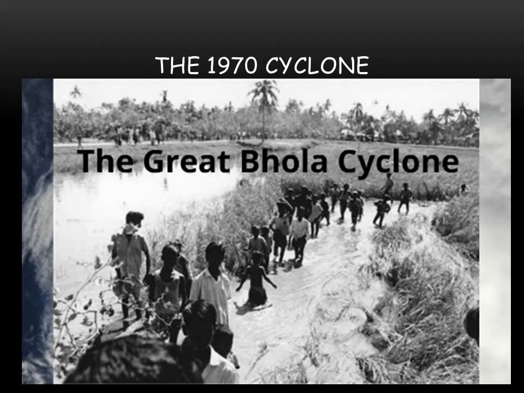On 12 November 1970, the cyclone hit East Pakistan. The government in West Pakistan was slow to react, and political leaders in East Pakistan accused the government of gross neglect,